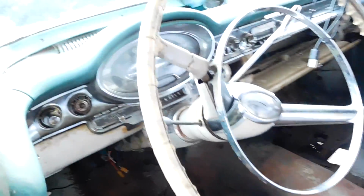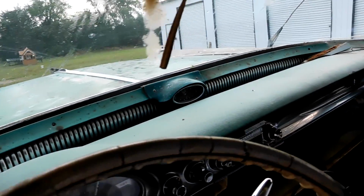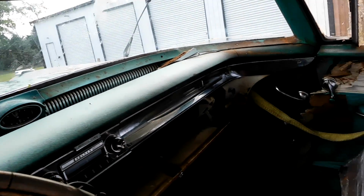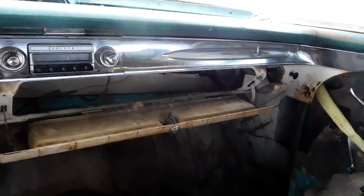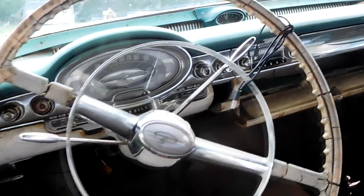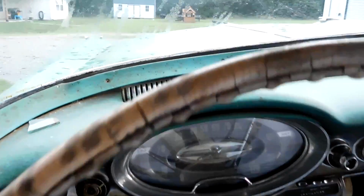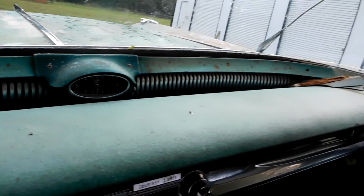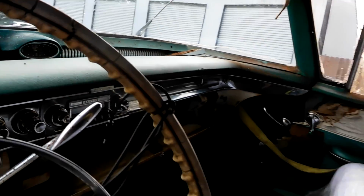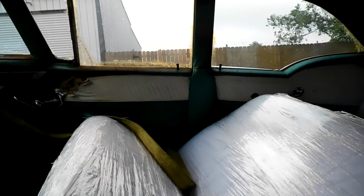But look at this dash. Super cool. The biggest glove box you've ever seen. A really cool looking steering wheel and horn ring, and then the dash is awesome with this kind of inset part in the back with the clock in the middle. Sadly, most of the interior is missing, aka the headliner's gone, the carpet's gone, the driver's side door panels are gone,